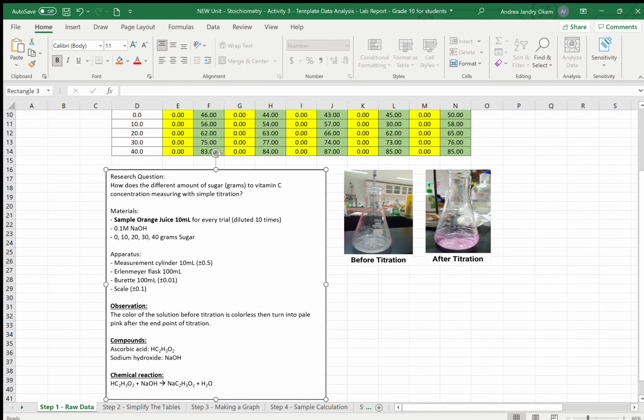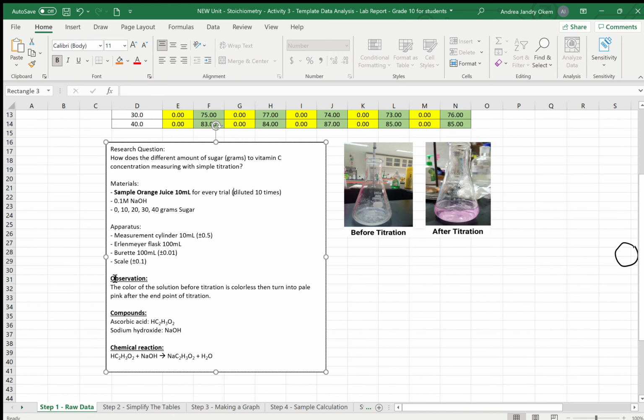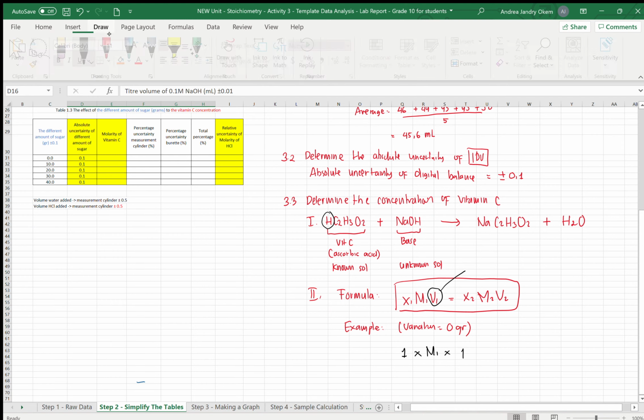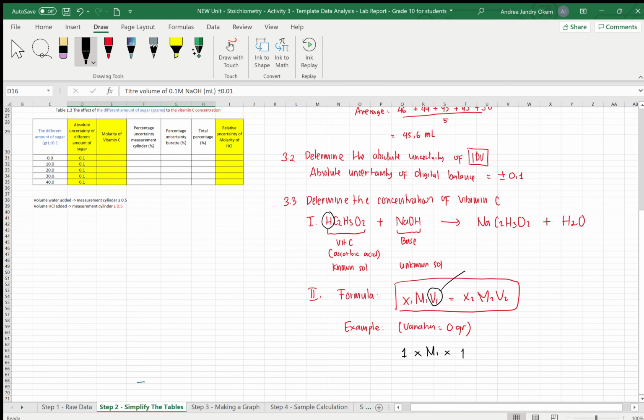Okay, so the concentration of NaOH is 0.1. Take a look, this is 0.1, because we use 0.1, or we can see from here 0.1 NaOH. So we can go down again. I'm so sorry because the screen is laggy. So this is 10 and equals, so this is volume sample, and then 1 multiply with 0.1.